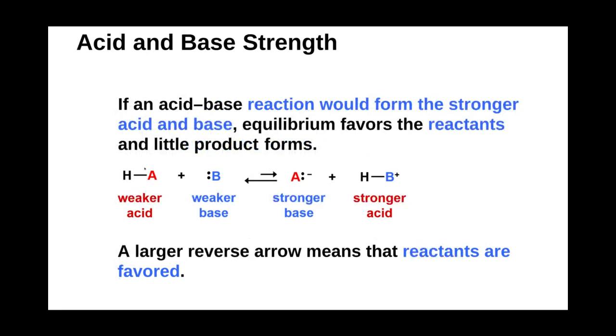Now that's in contrast when we have a weak acid or a weak base, it favors equilibrium on the side of the reactants. So again, small arrow on the top saying there's less on this side, bigger arrow on the bottom saying that there's more on this side. But again, the arrows going back and forth tells you that it's at equilibrium, but it's at equilibrium on one side favoring the other.